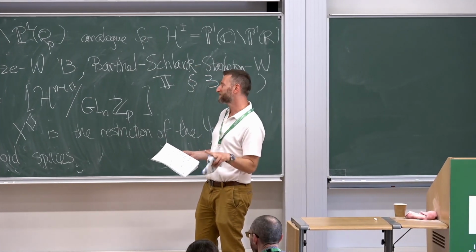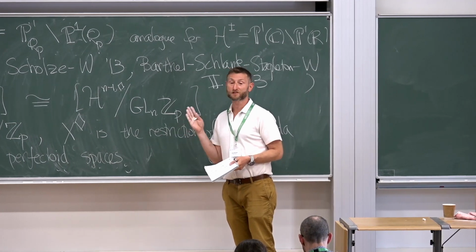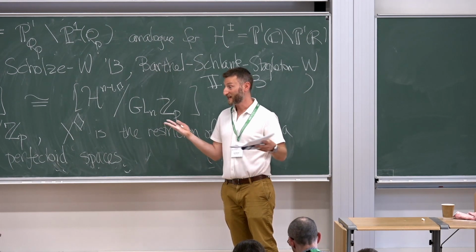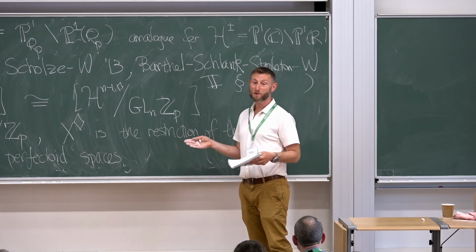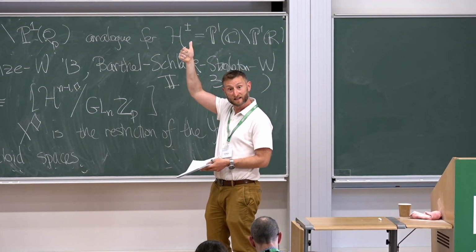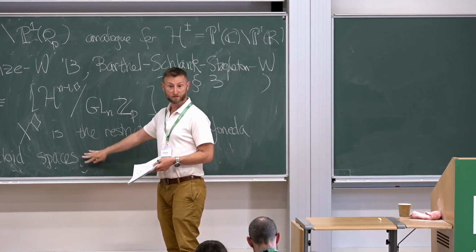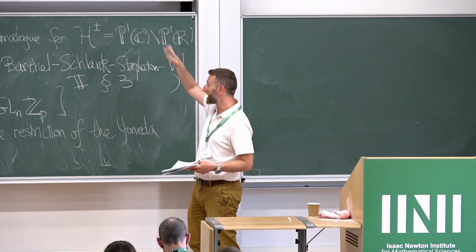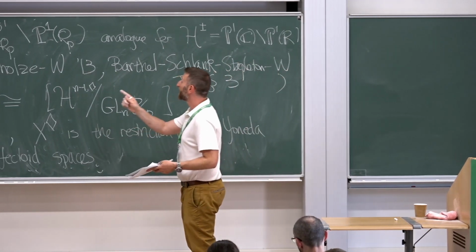Or I could just say a couple sentences like, you know, adic spaces over Q_p, they've got some problems. They're not even locally contractible, in the way that a disk or a ball in complex geometry is contractible. But in p-adic geometry, no matter how small you make the ball, it's still not contractible. However, in some sense, when you pass from such objects all the way up to these infinite covers, they become contractible in the sense that we need. Those objects are examples of perfectoid spaces. And that's why it's sometimes a good idea to work with those as the kind of model category for all of these fancy objects. Okay, that's what X diamond means.